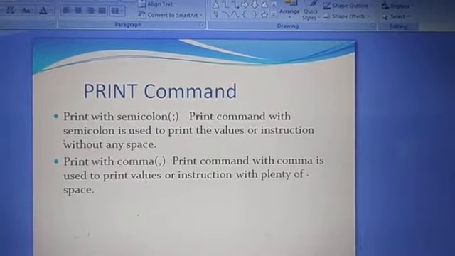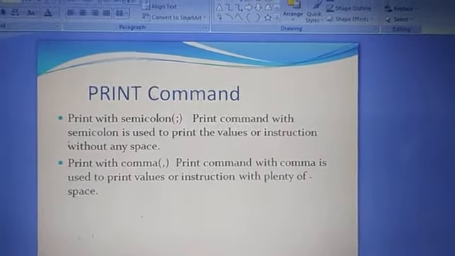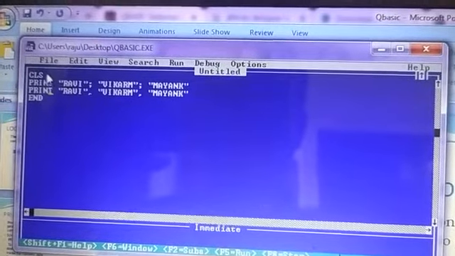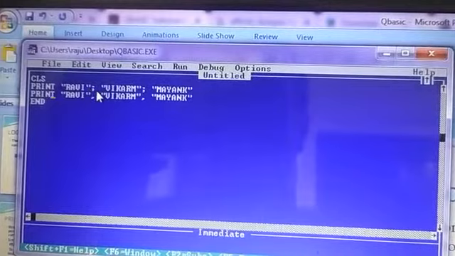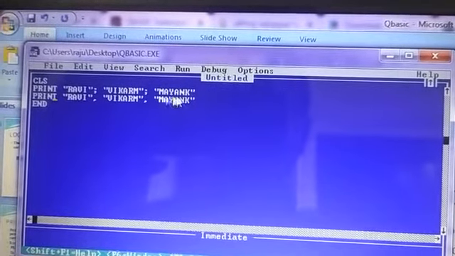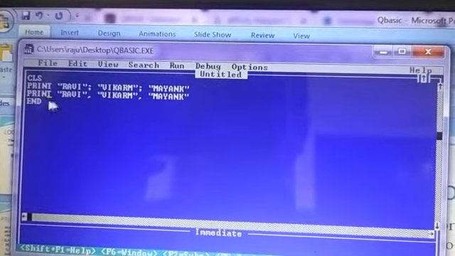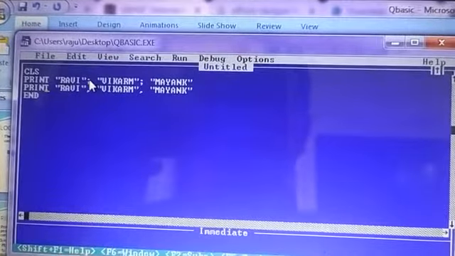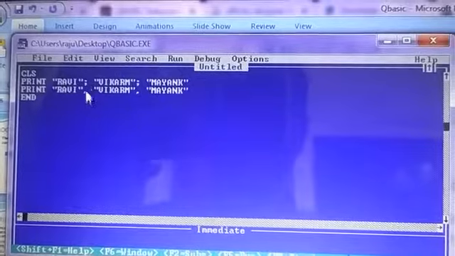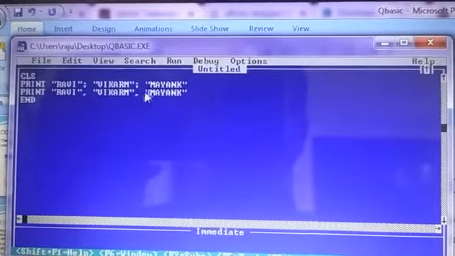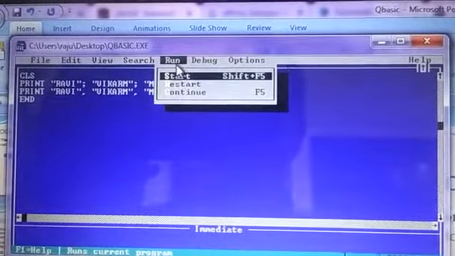I will show you this using a program. Here I have written the program: CLS, print Ravi, semicolon, Vikram, semicolon, Mayank. And the same thing I have written, but in place of the semicolon I have used a comma. So there are two syntaxes, print with semicolon and print with comma. Now when I run this, look at the output.